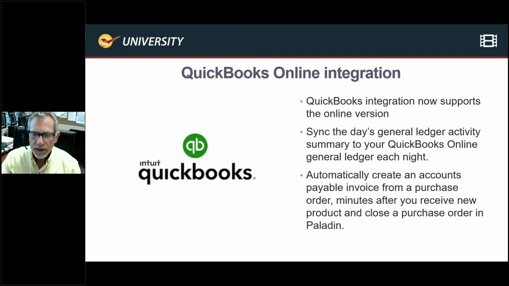and versions of QuickBooks. And what's neat about this is we've taken it kind of to the next level. We used to just send up the end of day roll-up numbers, right? So you get about a dozen different numbers that the post would be made automatically. Well, now as you close your POs in the receiving end on Paladin, it will go ahead and automatically create an accounts payable event and invoice within your QuickBooks solution. So this is new. It is an option that you may turn on or you may not turn on.